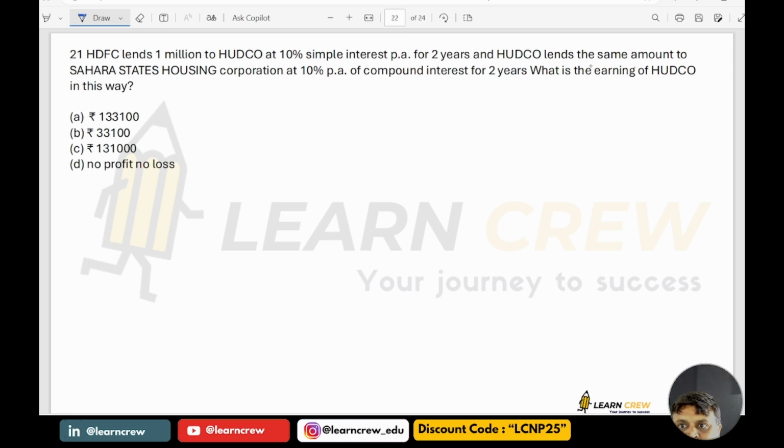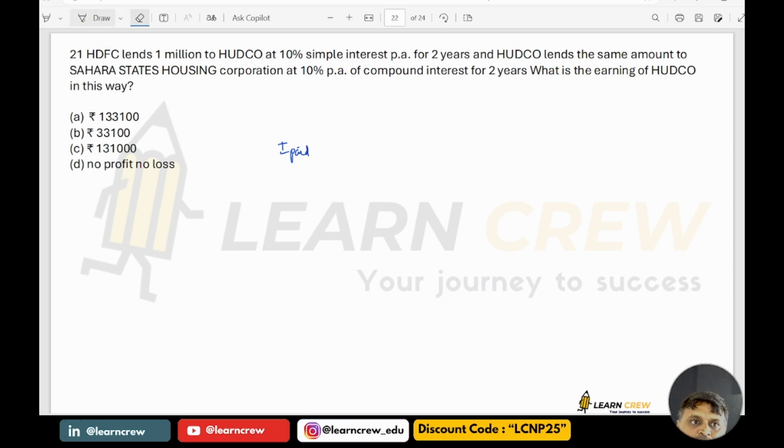And Hudco lends the same amount to Sahara Stakes Housing Corporation at 10% per annum compound interest for 2 years. What is the earning of Hudco? So please see here. So HDFC, so interest paid,